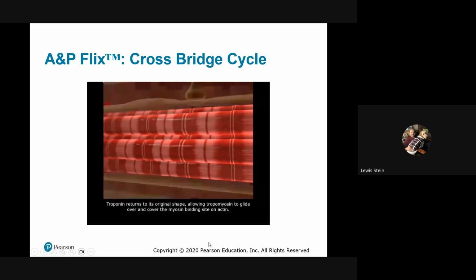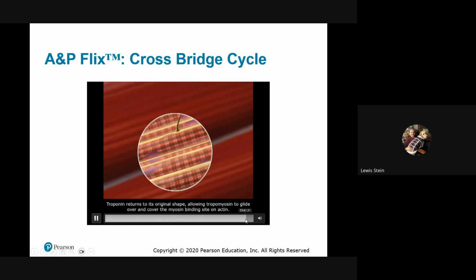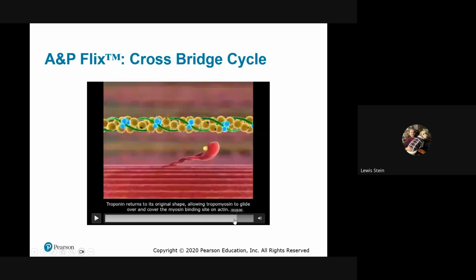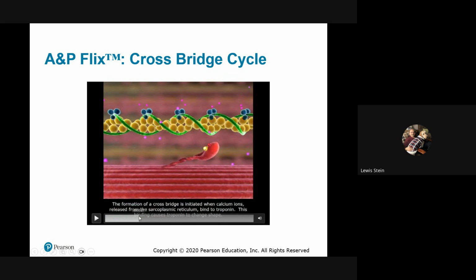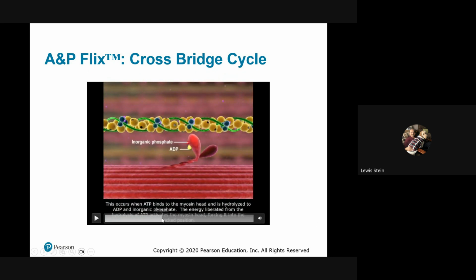There's a lot of complexity with regard to this, and I don't want you to necessarily feel like we're getting into the fine details here. It's the separation of the ATP into ADP and inorganic phosphate and making the bond stronger. Just know that the ATP is necessary to recock the head. Okay, so it's ready to go. Once the muscle is fired, we need ATP to cause the separation to recock it.